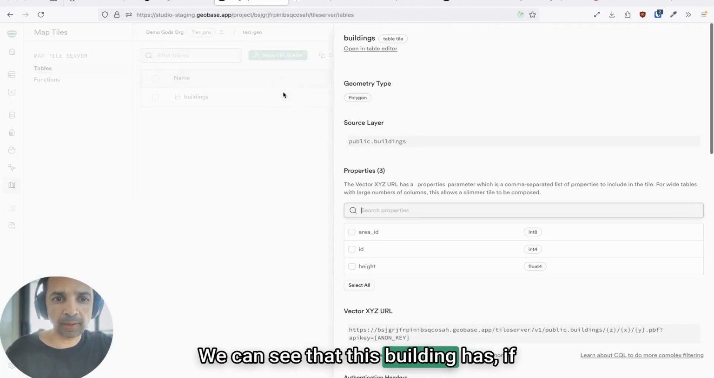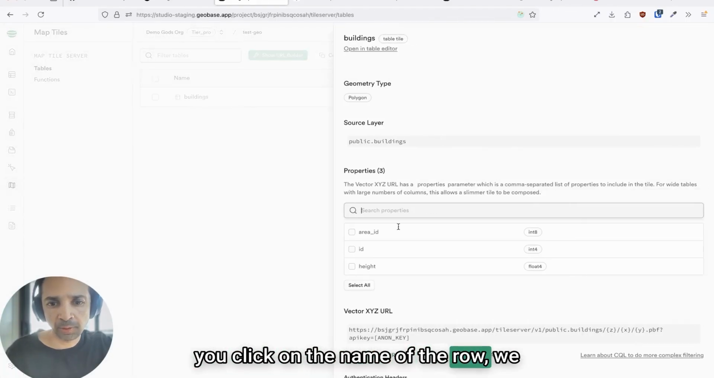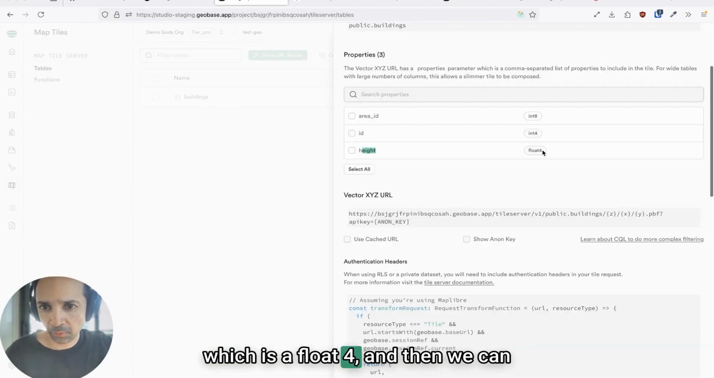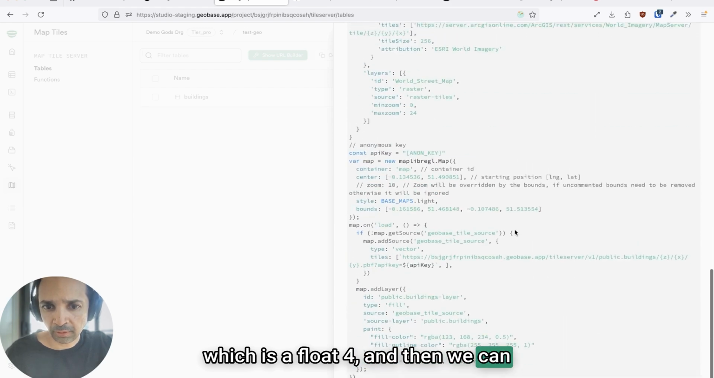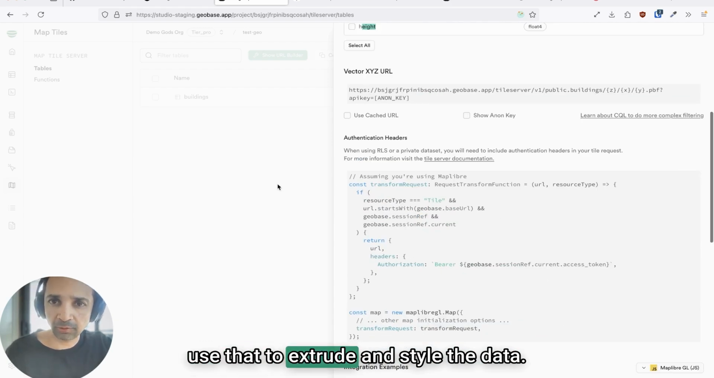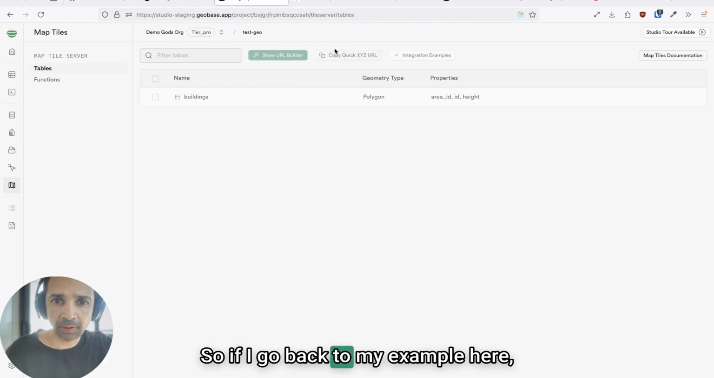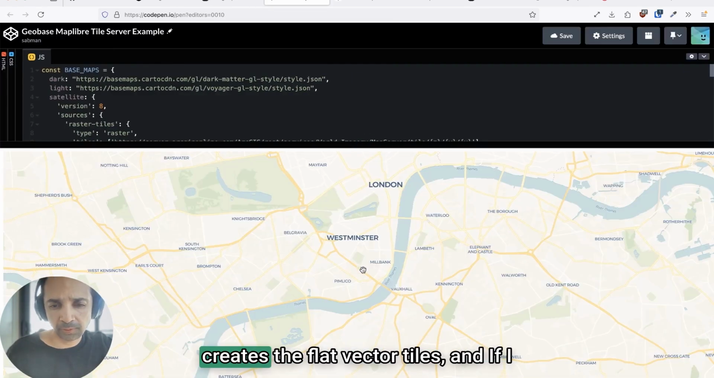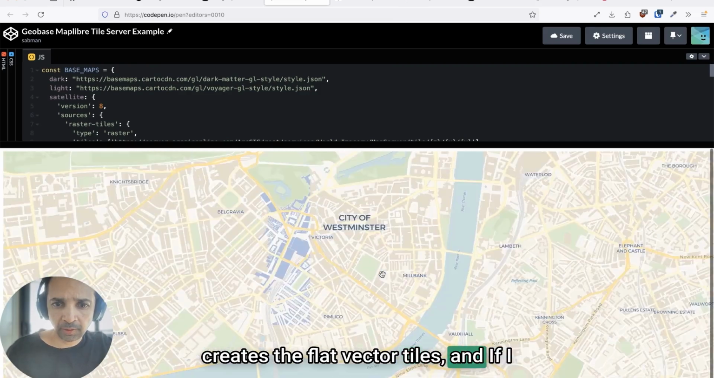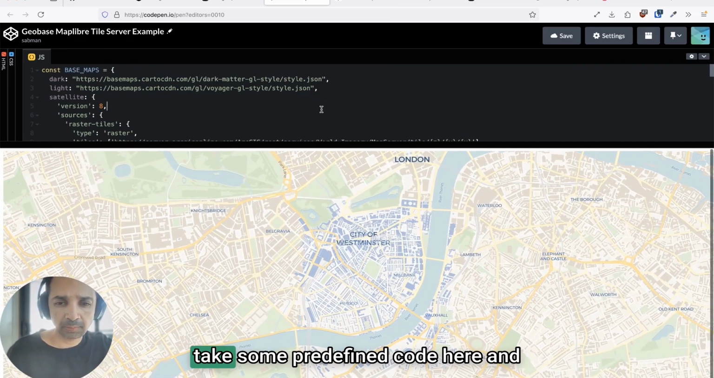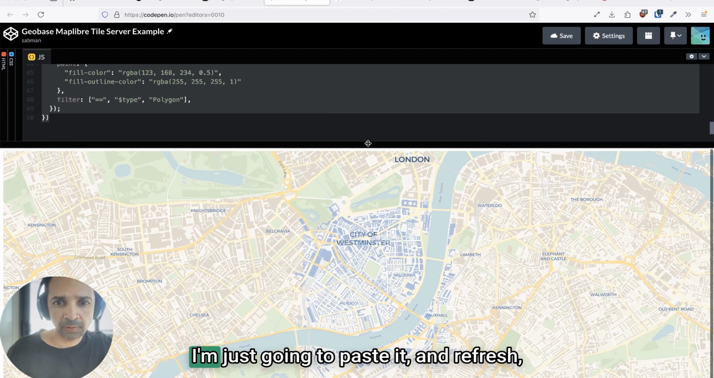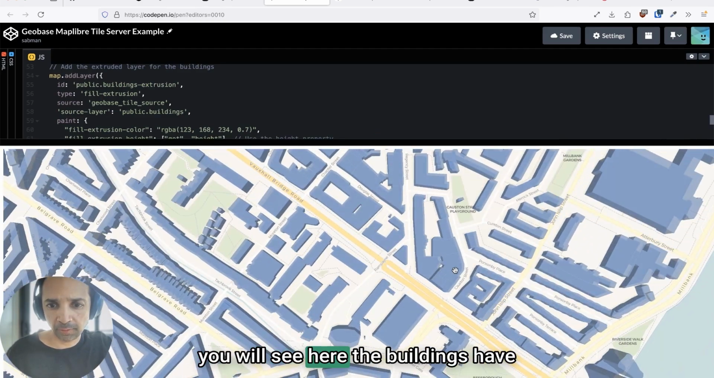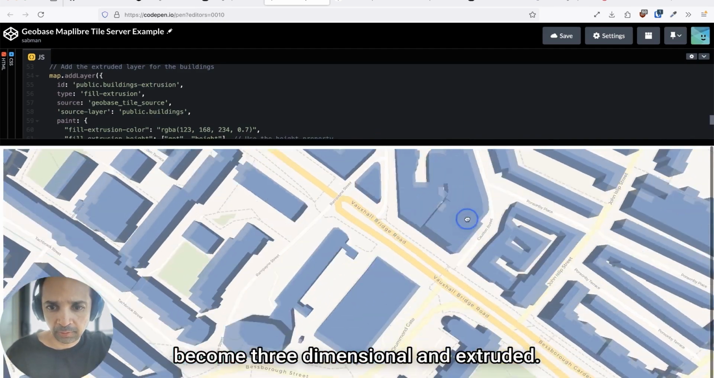We can see that if you click on the name of the row, the building has a height, which is a float4, and then we can use that to extrude and style the data. So if I go back to my example here, this is the existing code that creates the flat vector tiles. And if I take some predefined code here and paste it and refresh, you will see here that the buildings have become three-dimensional